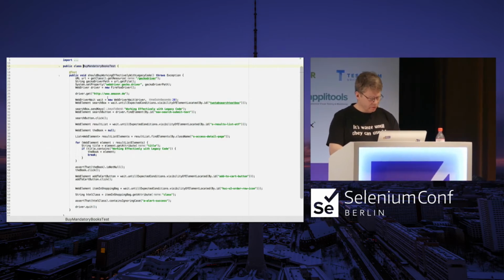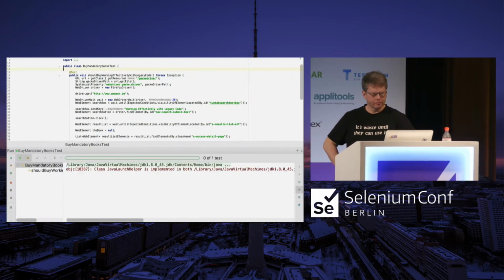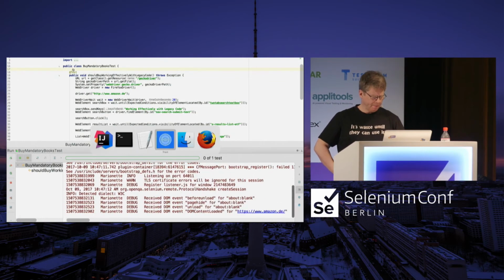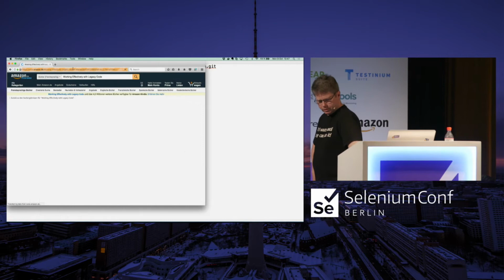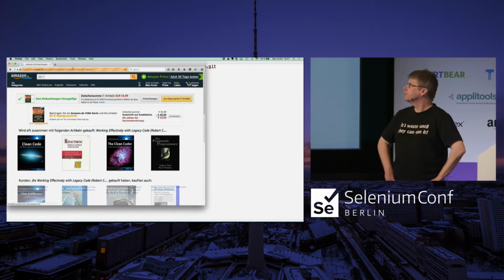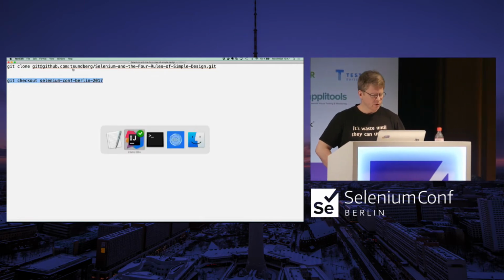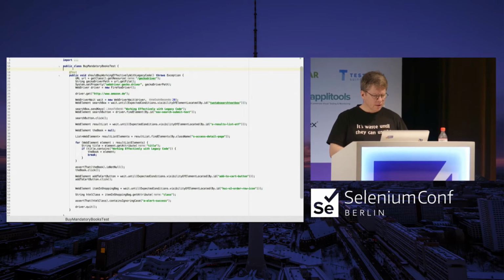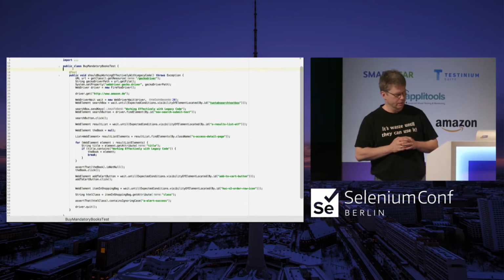The first thing that I want to do is check, does this actually pass? So I'll run this. And we can do it from the development environment, or we can do it from somewhere else. So all of a sudden, I'm searching for a book at Amazon. I'm finding the book, and I placed it in the shopping bag and verified that it was in the shopping bag, which was very fast. So the first rule, test passes. It actually worked.